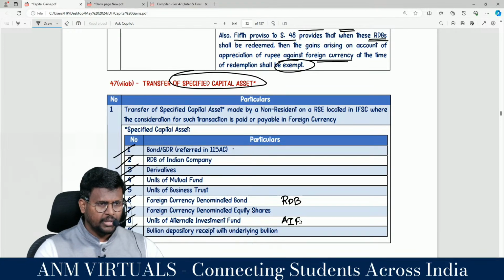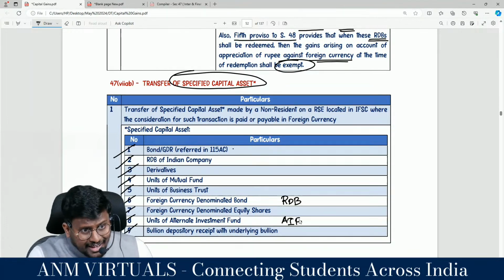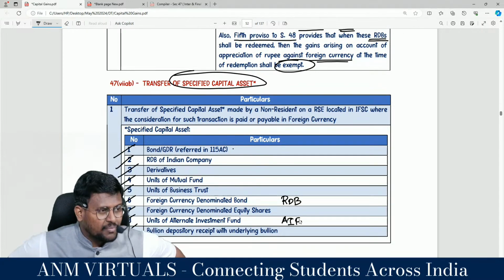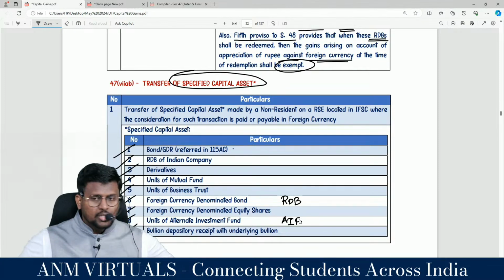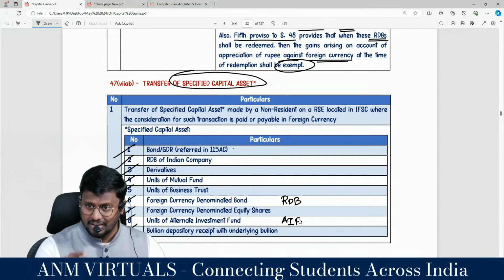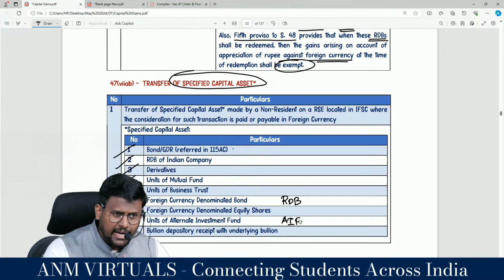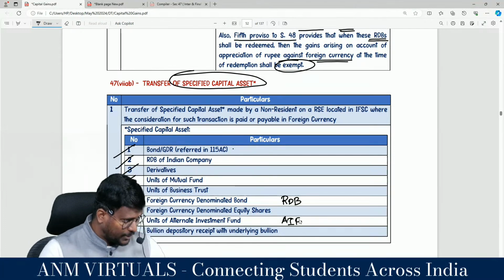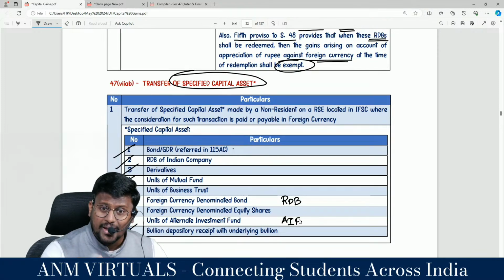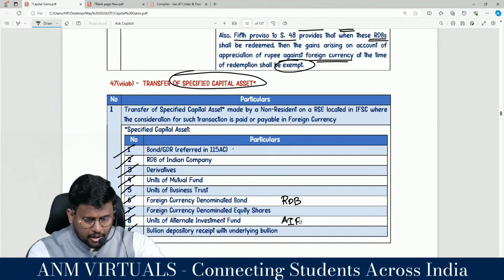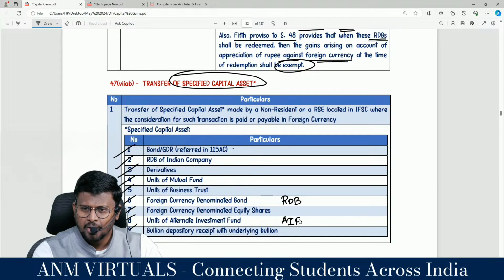I will tell you, listen to me, this is a story. A non-resident is situated outside India. Generally they will be having a lot of money and they will be interested in investment. Sir, they want to invest in India. So in order to invest in India, we should have various instruments to invest, like shares, debentures, bonds, ADR, GDR, all those things. So these are the available instruments we are making available to the resident. If you are a non-resident, you can invest in bond or GDR referred under section 115AC.